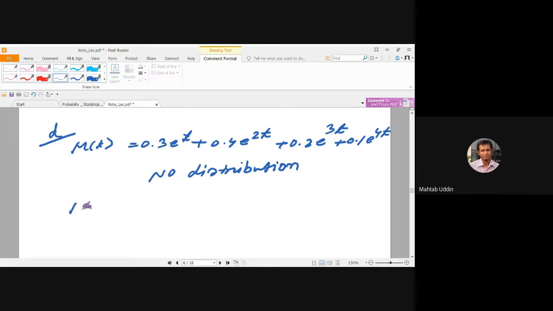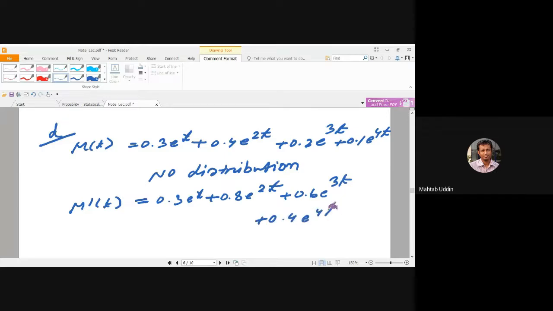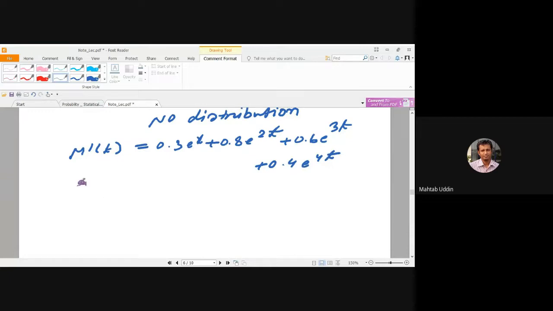You can follow this. You have to find first m dot t. What is m dot t? 0.3 e to the t plus 0.8 e to the 2t plus 0.6 e to the 3t plus 0.4 e to the 4t. Then m dot 0, you will get 0.3 plus 0.8 plus 0.6 plus 0.4, so 2.1. Once again, m double prime t, 0.3 e to the t